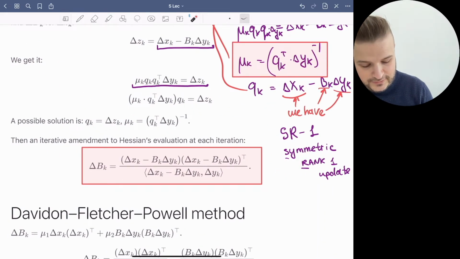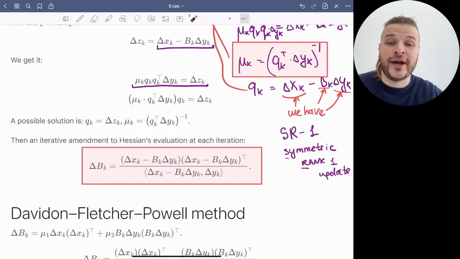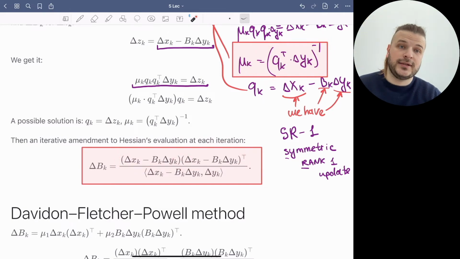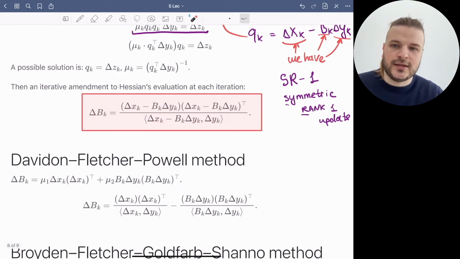So again, you have q transpose multiplied by mu, which is this multiplied by delta yk. That's it. And it's interesting that this method will work for some cases, and we'll even see the comparison of these algorithms. The next idea: what if